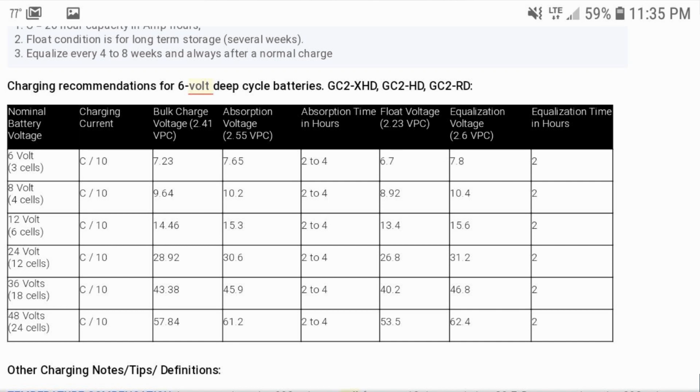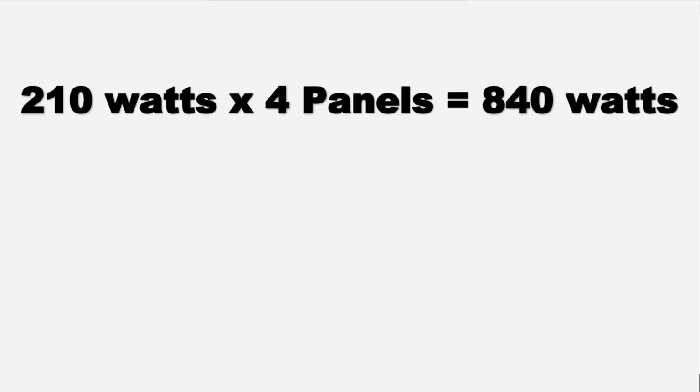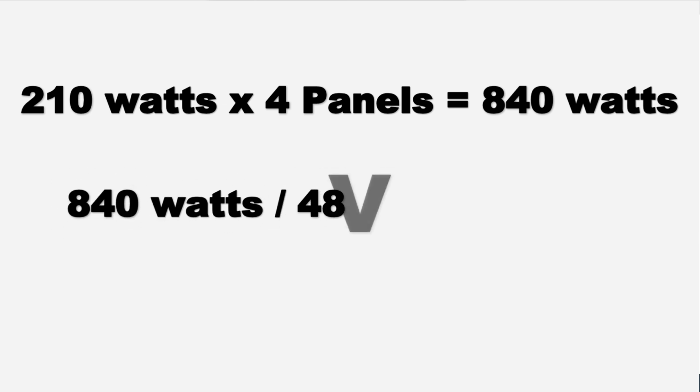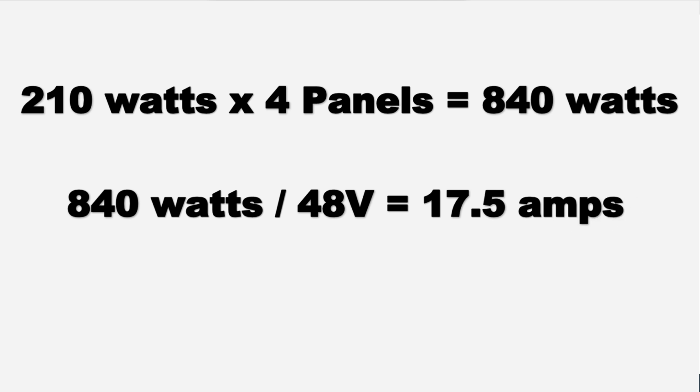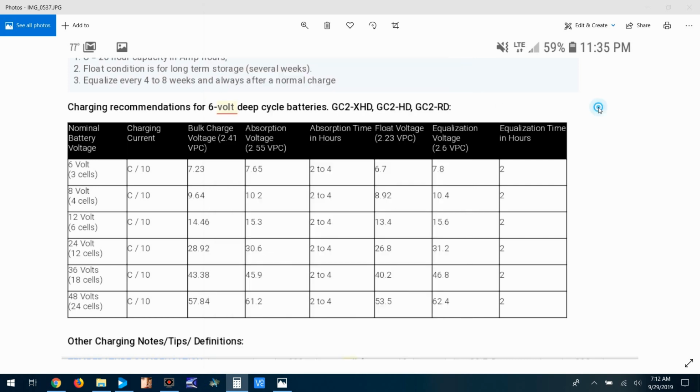His solar panels are rated at 210 watts each. He has 4 of those. So when you take 4 and multiply that times 210 watts each, you have 840 watts. You divide that by his 48 volt system, and that gives you 17.5 amps. So it doesn't matter if I had his inverter set to 90 amps or 1,000,000 amps, because he only has 4 panels. The most that will ever go to those batteries is 17.5 amps. Still below the 21. So it all ended up being kind of a nothing thing, but it's still something that